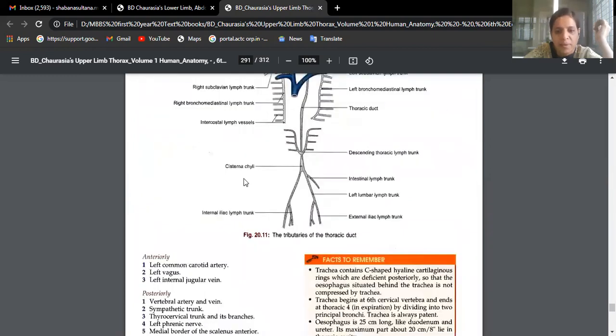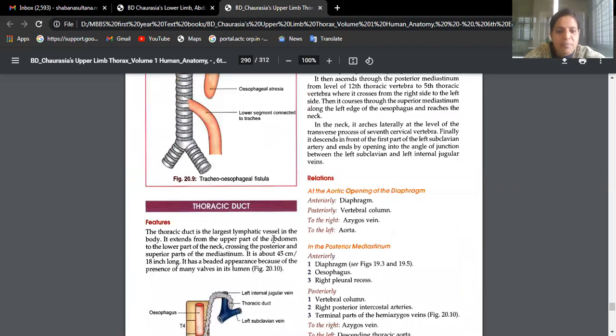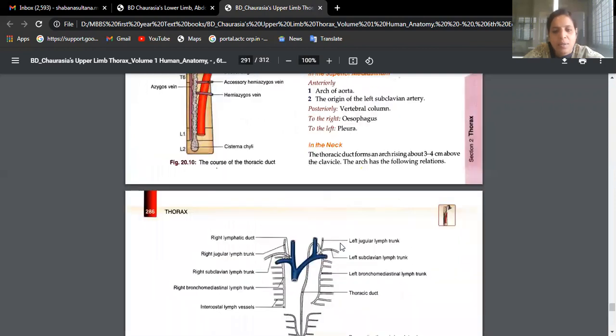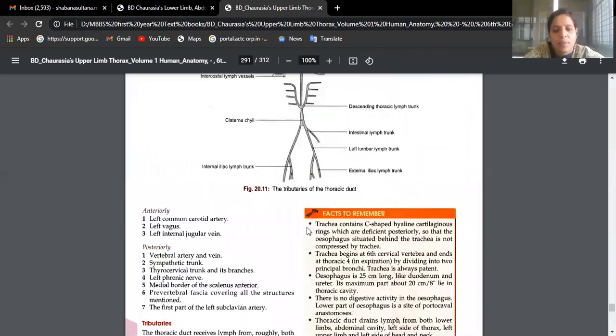Okay, this one, better, thoracic duct. It's the largest lymphatic duct. See? As you said, it is starting from the cisterna chyli, highly beaded. Initially, it starts at L2. It takes a bend at the T5, T6 junction from left to right side. Then it opens at the junction of the left subclavian and left brachiocephalic. Few relations are discussed, and what all small lymphatics open there.